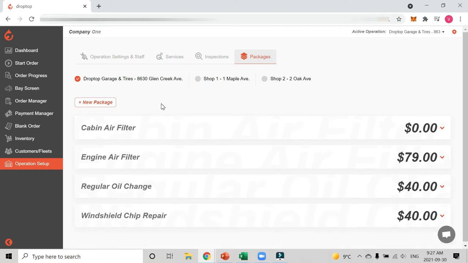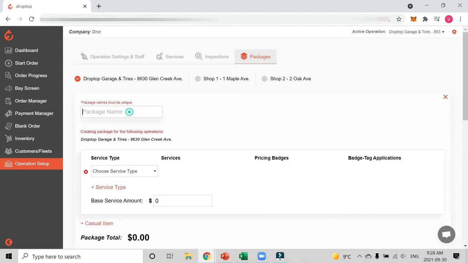Okay, so let's create a more complicated package. Oil change packages are probably the most complicated you'll create. So let's do one of those. I'm going to create a new package. I'm going to call this one synthetic oil change. Now make sure that your titles are very descriptive. You don't want to just write synthetic. You want to make sure you put synthetic oil change, be very clear about what you're offering the customer, because